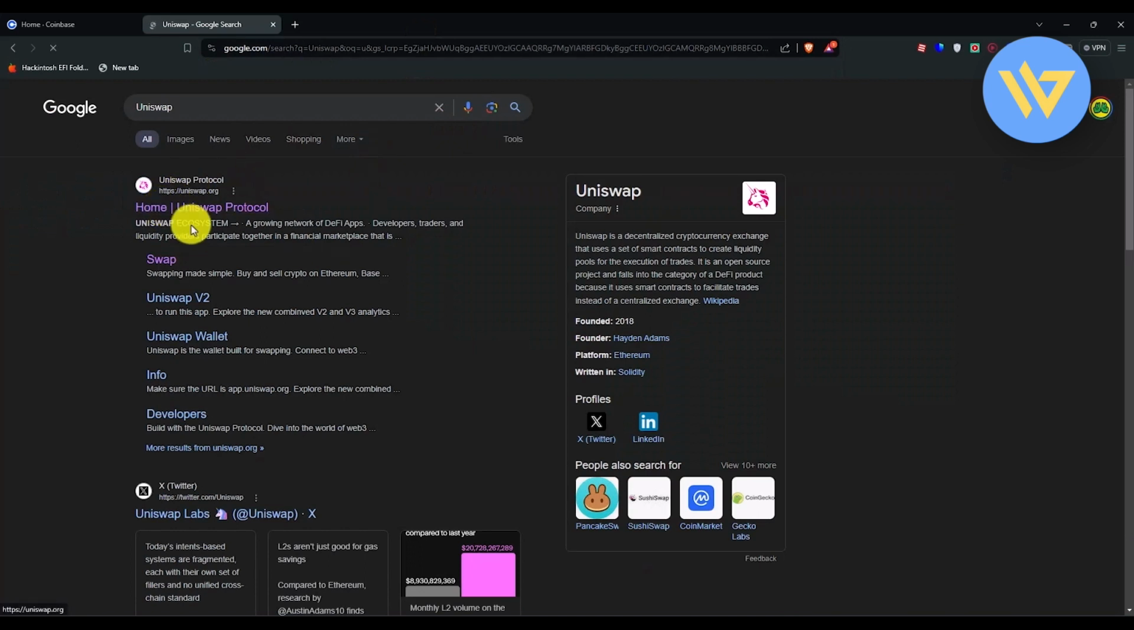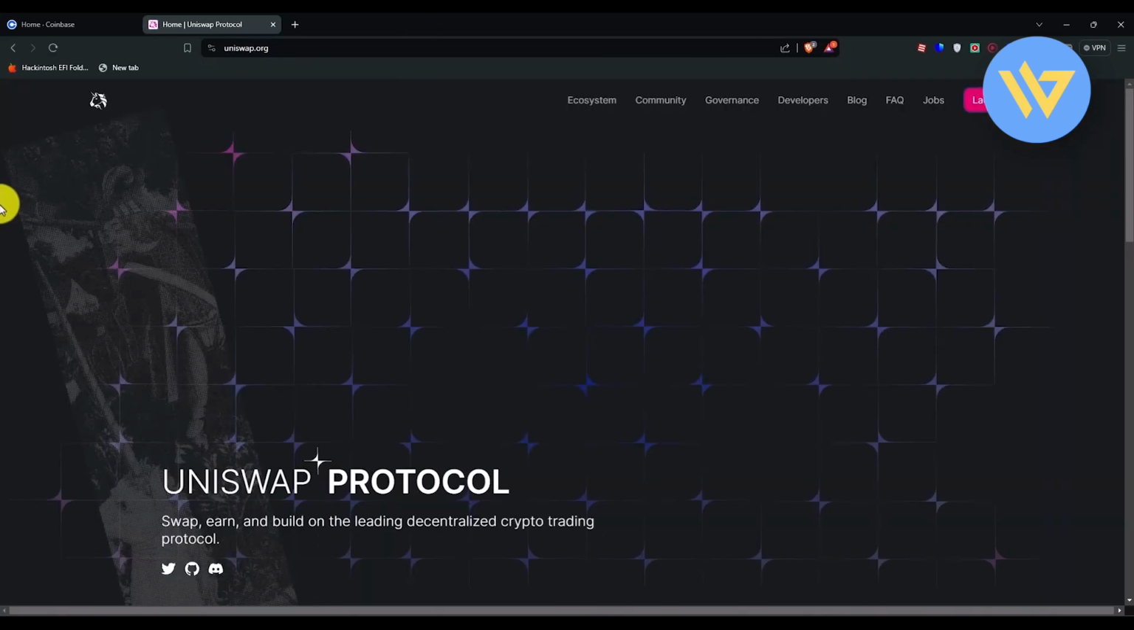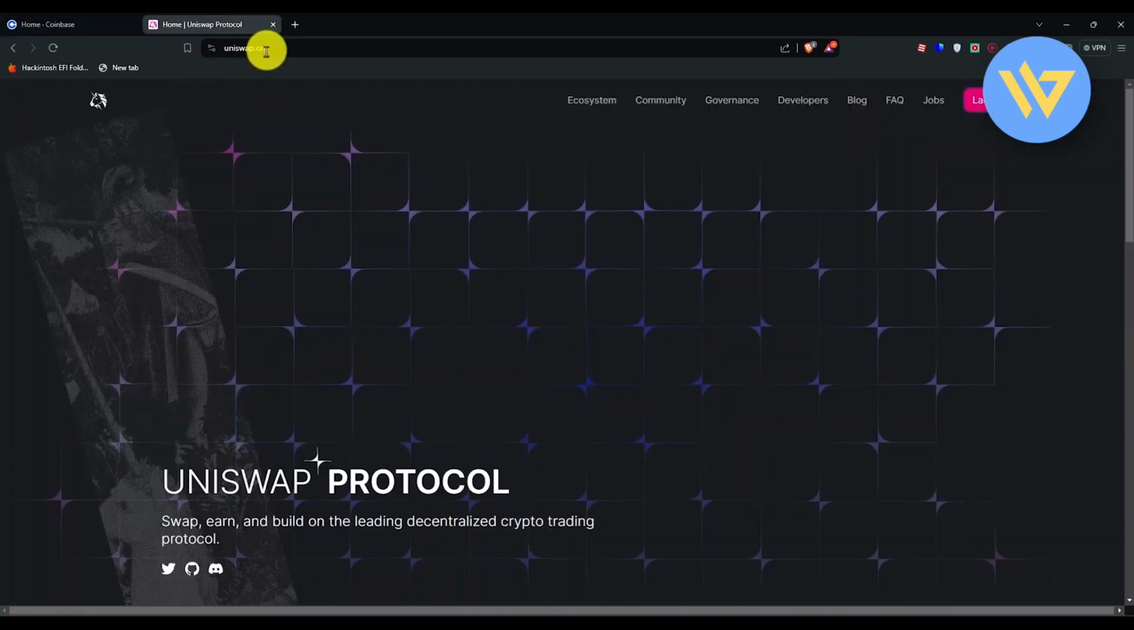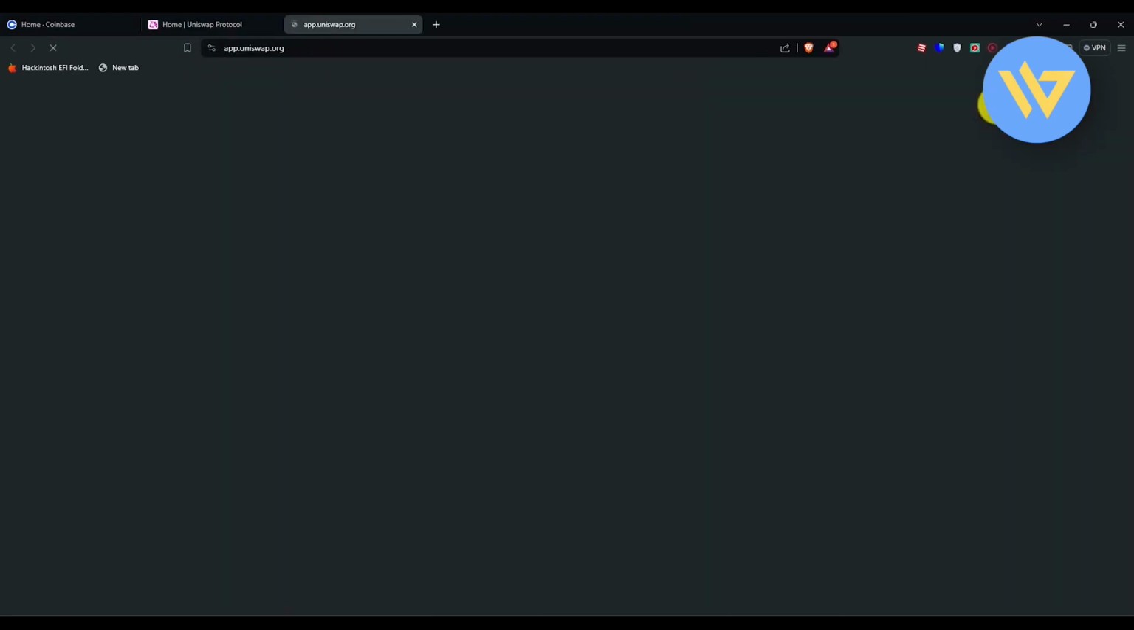particular website, because this is a decentralized exchange where you can buy Peep coin. So you can open this website directly from the platform over here, or you can just simply type uniswap.org, as you can see right over here. Now after that, click on launch app,